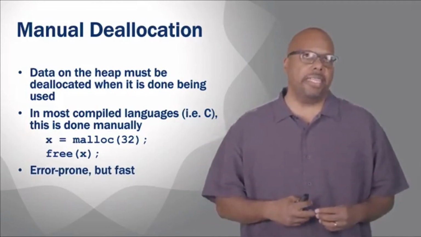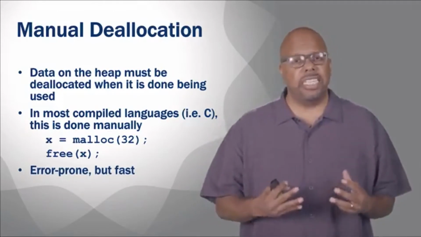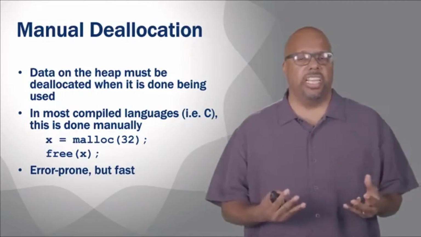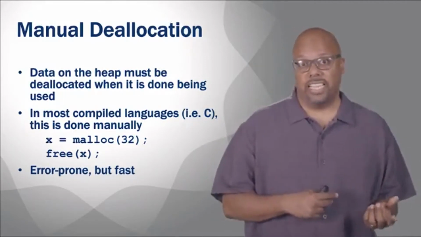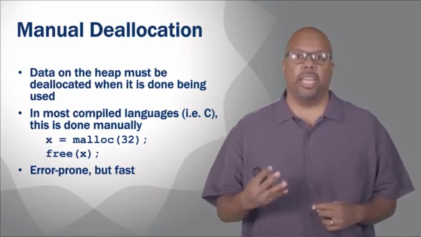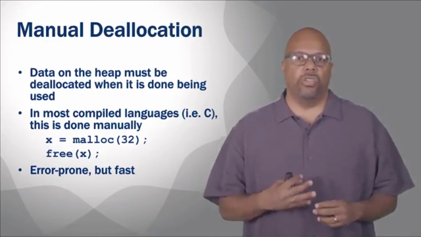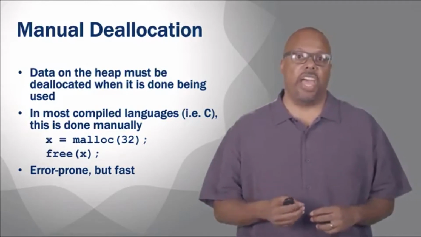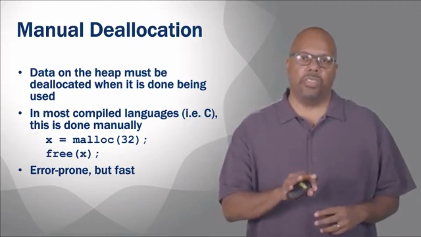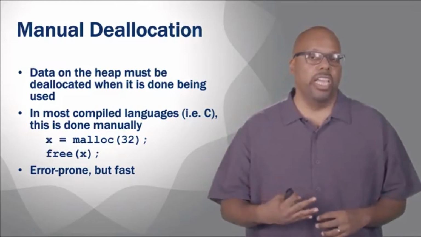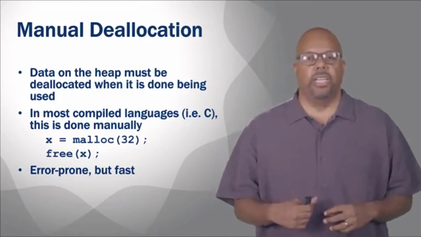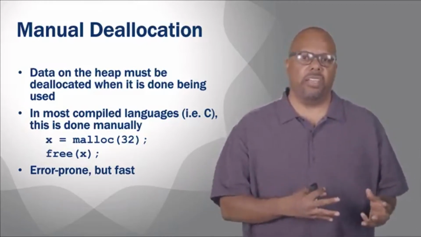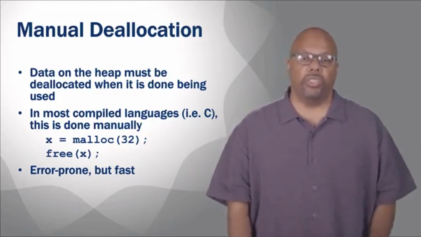So what I mean by that is it's error prone because it's easy to make a mistake in your allocation and deallocation. Deallocating at the wrong time or forgetting to deallocate it, stuff like this, it can cause you headaches. And it's error prone in that sense, but it's fast, right? The implementation is very fast. You don't have to see what happens with deallocation, like in an interpreted language, where the interpreter does it, okay? And that can take time. But in a compiled language like C, you would have to do that manually.